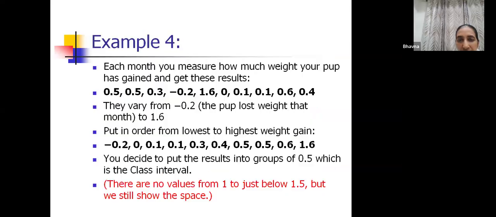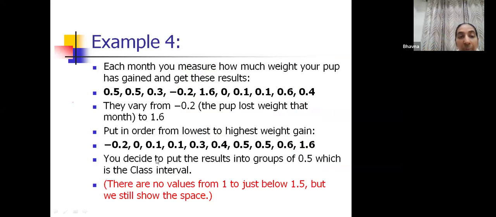We'll not do this. Okay, we'll do this example. This is typical. It has some peculiarity also. Please be very, very particular. Each month you measure how much weight your pup has gained and you get these results. Okay, these are weights in kg that your pup has gained when you're measuring the pup consecutively for a couple